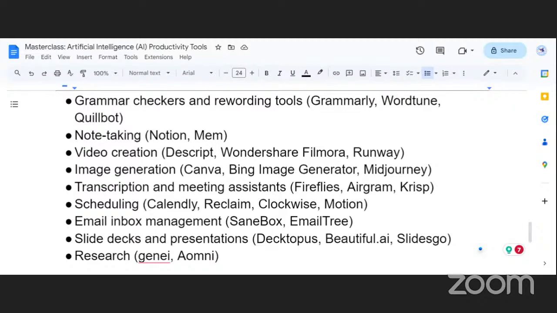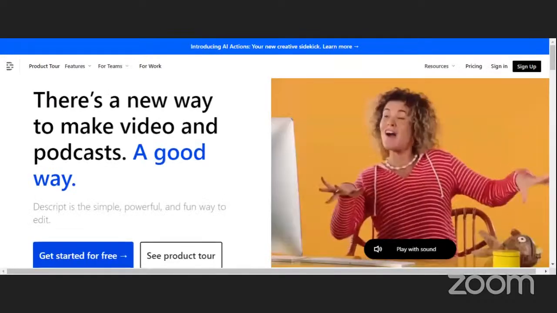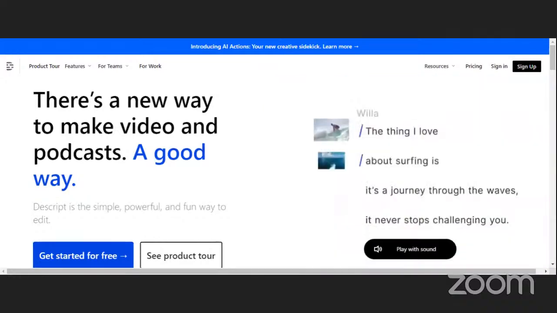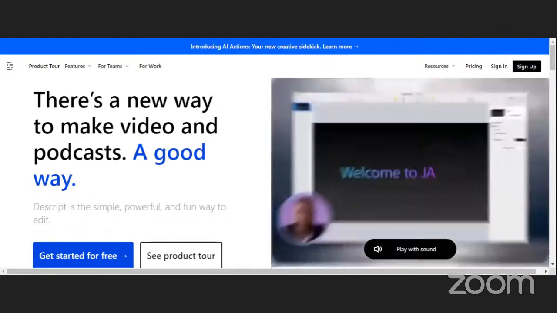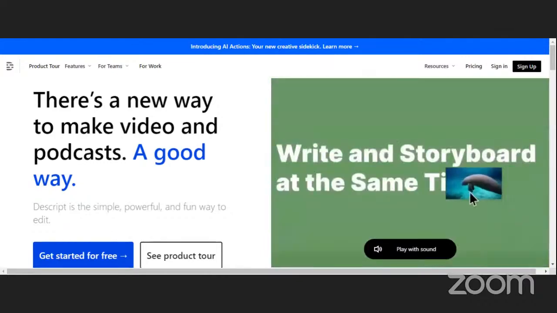You can transcribe and you can make videos and podcasts. So if you're a podcaster, Descript is the app that you may want to use. You can transcribe, and you can also make videos in it.